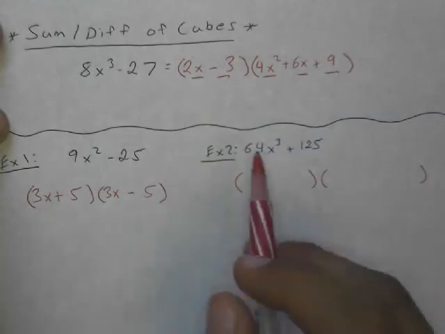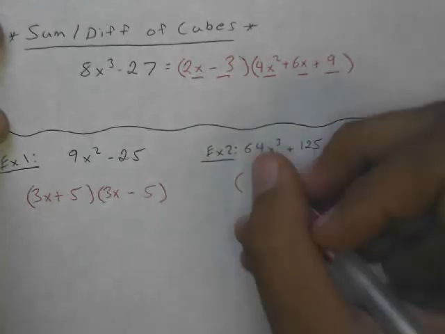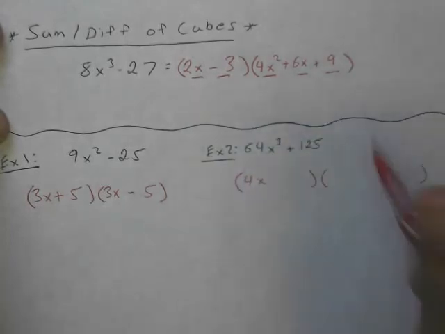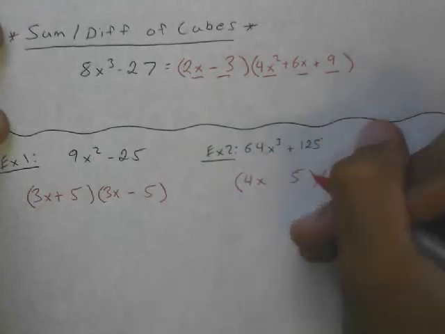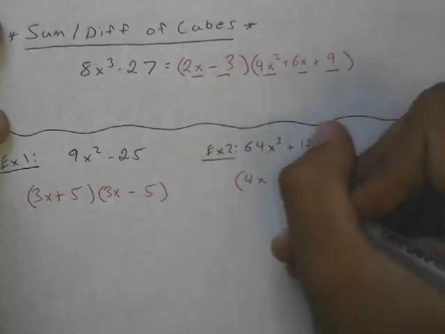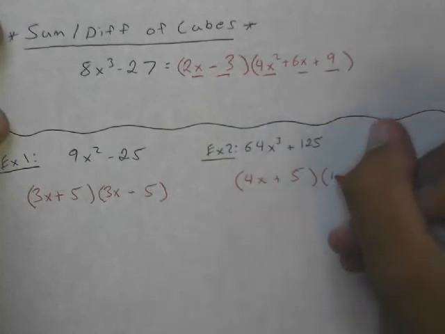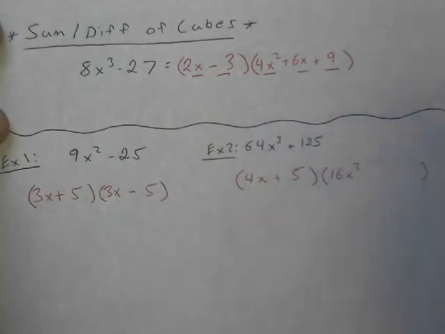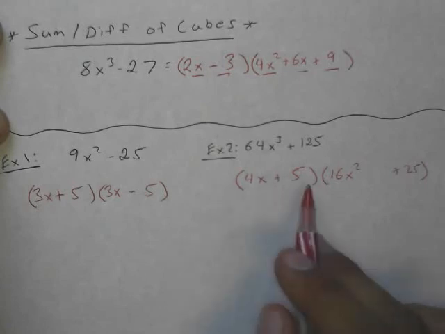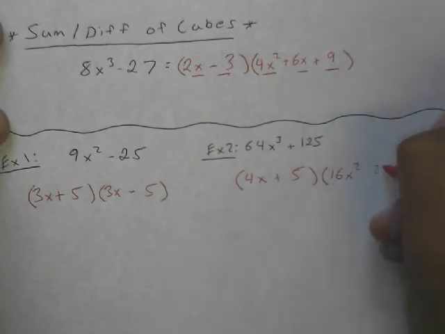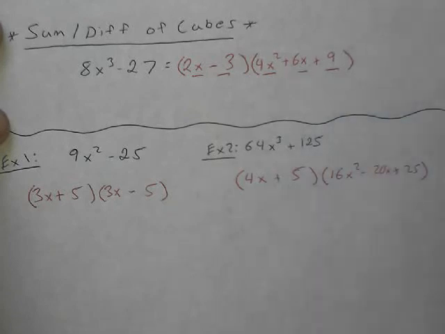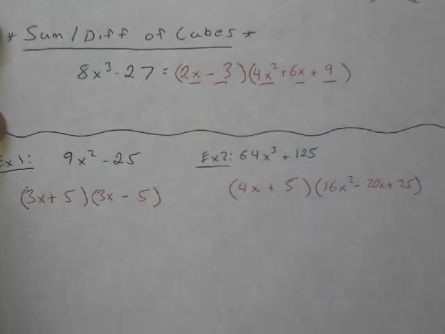So, to factor this, cube root 4x, cube root 5, take the same sign. Over here, square it, 16x squared, square it, positive 25, multiply them together, 20x, take the opposite sign, minus. And that is how you solve